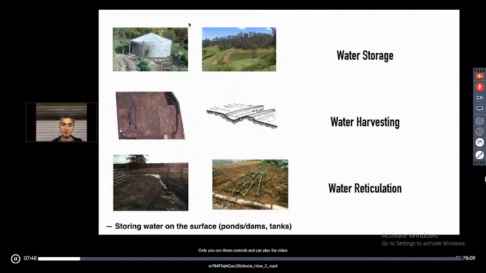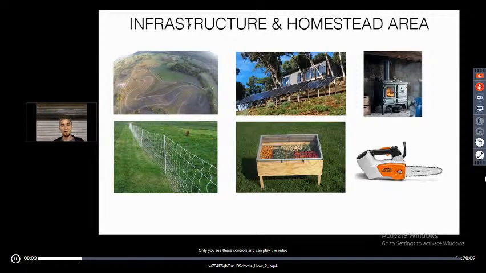So that was our foundation after we did all the preparation work and we started the design. We first designed for water, and this was our foundation that we are now building upon, our infrastructure. And here I'll be talking about infrastructure, but I'll also be referencing the homestead area, because the homestead area for zone 1